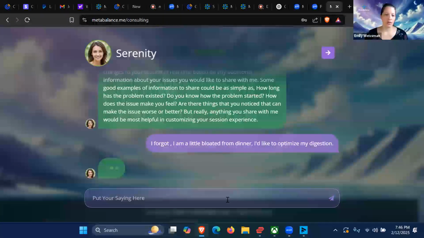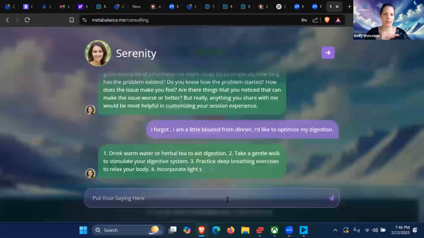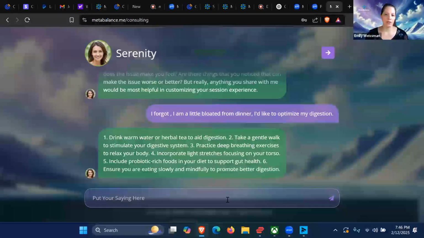So now that's in the session, regardless of what she says, it's in there. It's been adjusted with the waves. The waves have been adjusted to what I've just added in. So she'll come up with some helpful suggestions, such as drink warm water or herbal tea to aid digestion, take